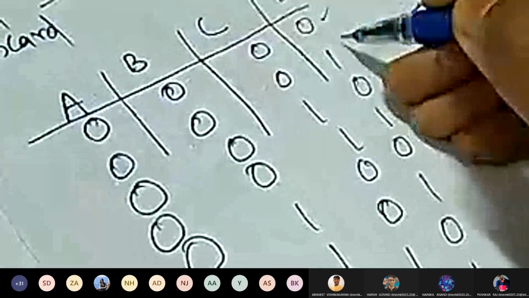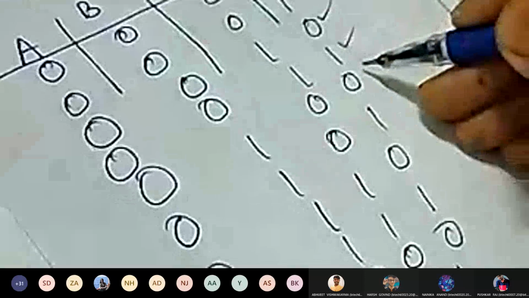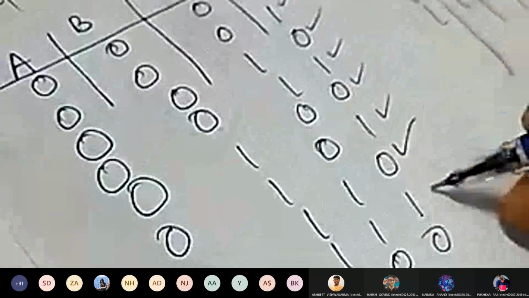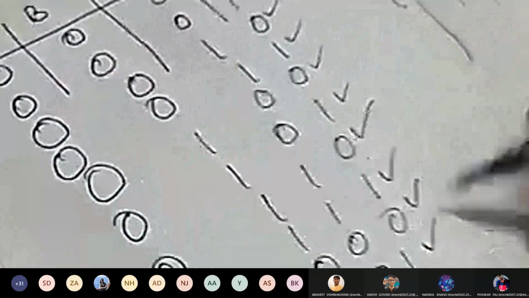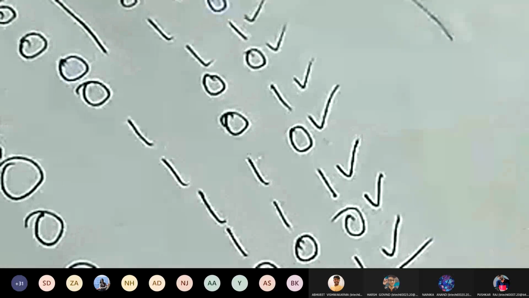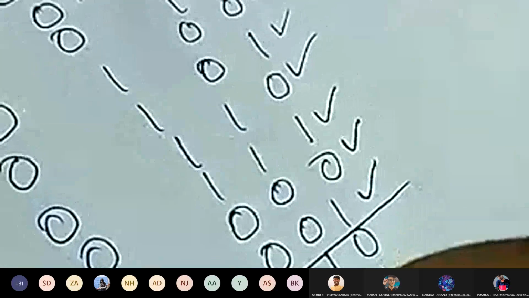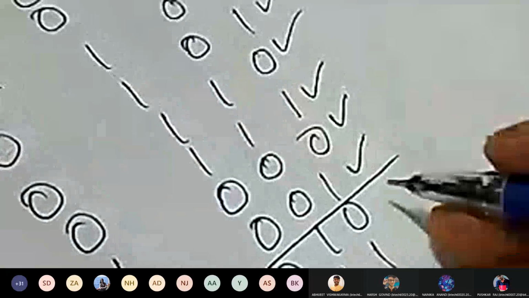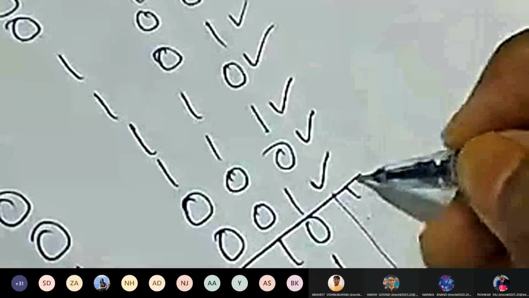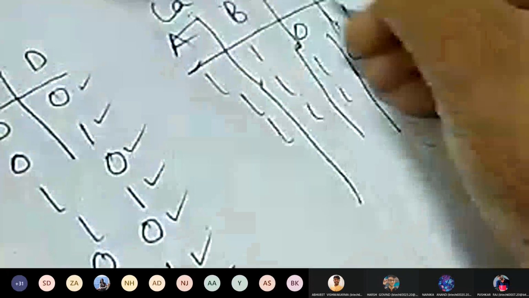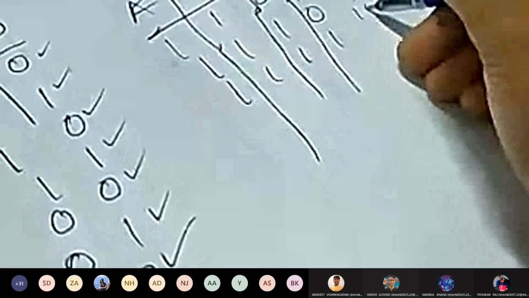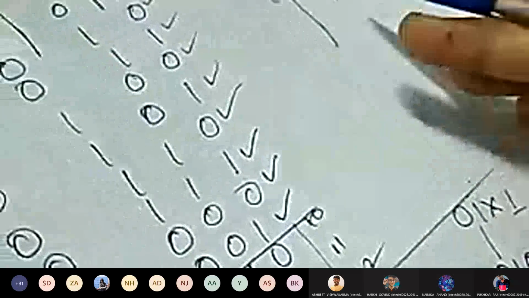Okay. So now what we are going to do is, this is 0, this is 1, this is 2, this is 3, this is 4, 5, 6, 7, 8, and 9. Till here, we will treat it as BCD, okay? And these are 10, 11, 12. This is 13, 14, and 15. We won't be treating it as a BCD. So what we are going to change here, I already told you all.